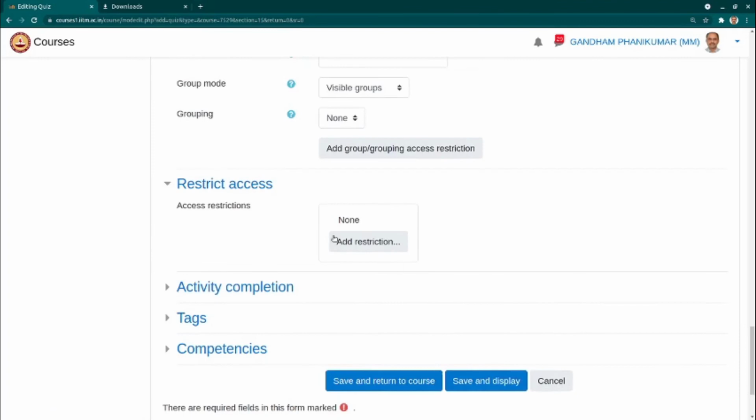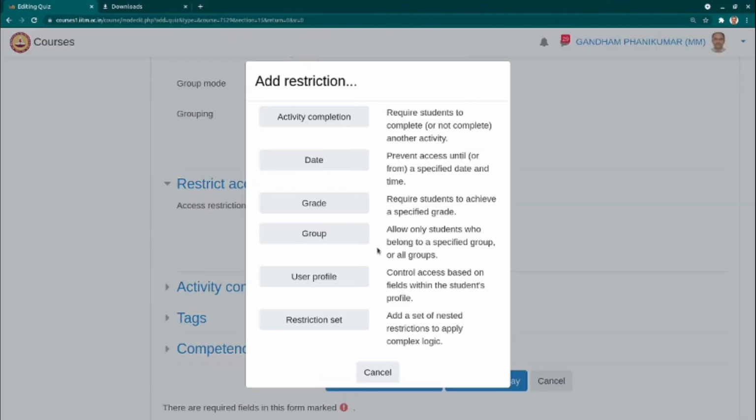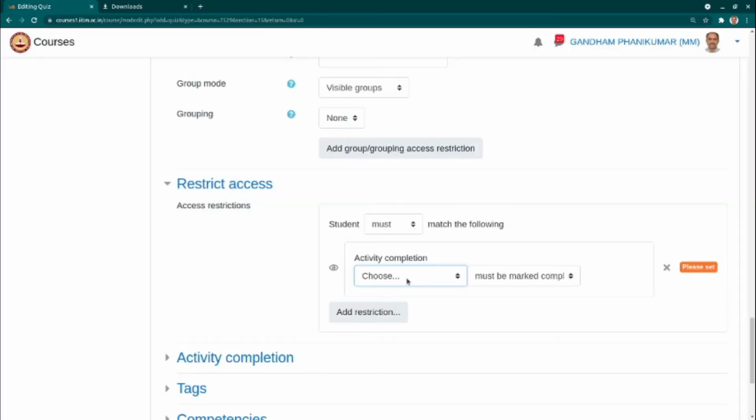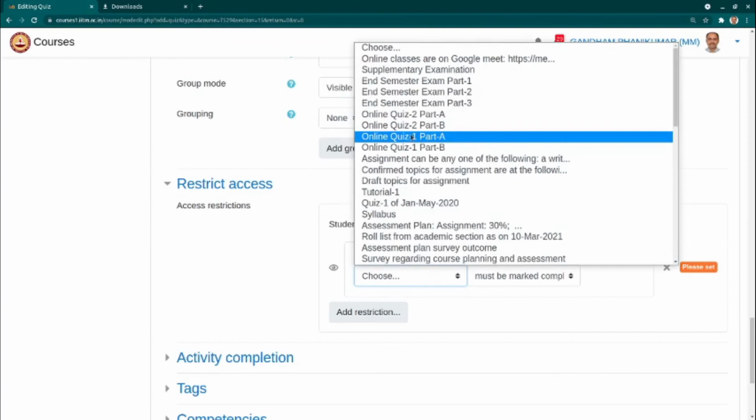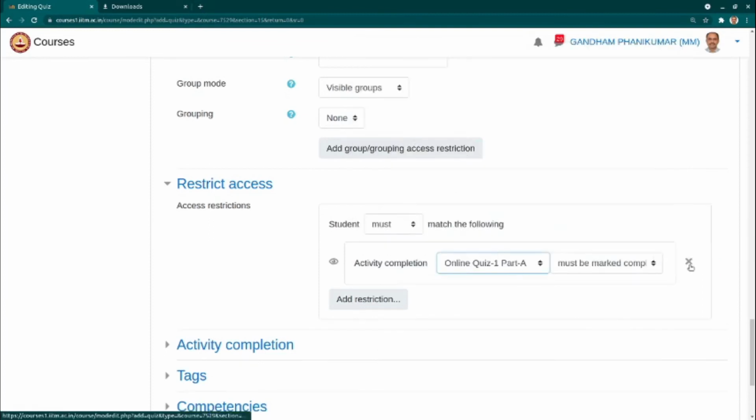You can also say that the quiz is open only for those who have attempted a previous quiz. So you can add a restriction and say they must have finished, for example, the online quiz, and only then are they able to attempt this particular quiz. If you wish, you can do that kind of control. And for the time being, you can hide that activity, or just leave it open so that everybody gets to see what the restriction is.